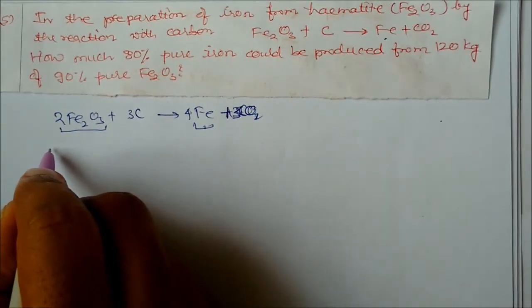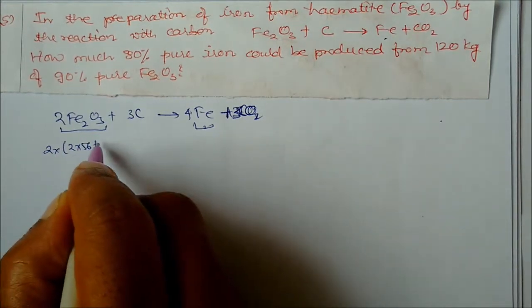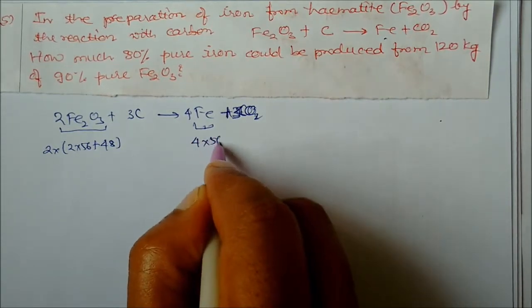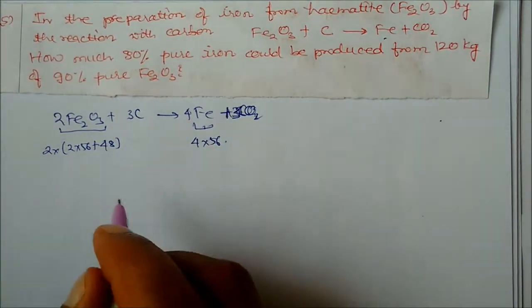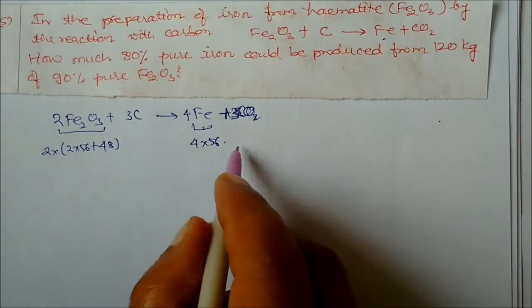Okay, so we want to find out. So 2 into 56 plus 48. This is the total weight, and here this is total mass, 4 into 56 gram. Okay, so now we need to find out moles. So moles of this one